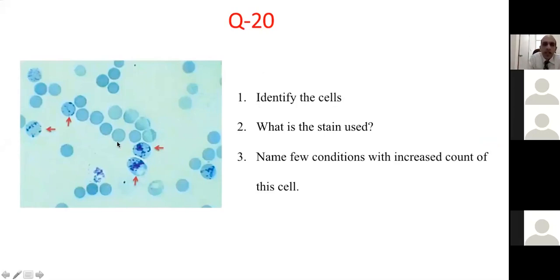So these are reticulocytes. You use supravital staining to stain this reticulocyte. You don't do it on a normal CBC sample. You use a special stain. You don't fix them with alcohol. You don't want the cells to die. And these are